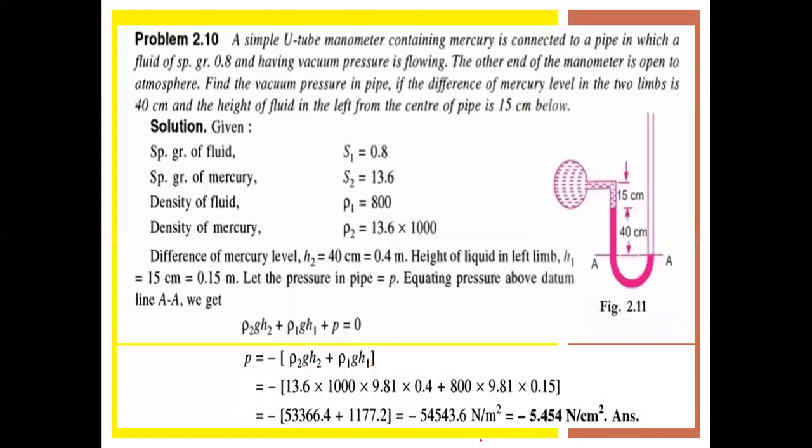Next, a simple manometer containing mercury is connected to a pipe in which a fluid of specific gravity 0.8 is flowing, having a vacuum